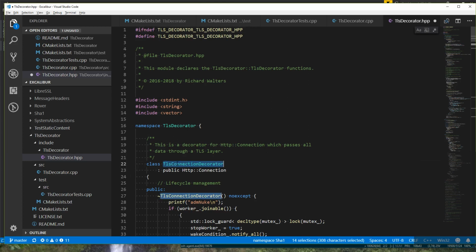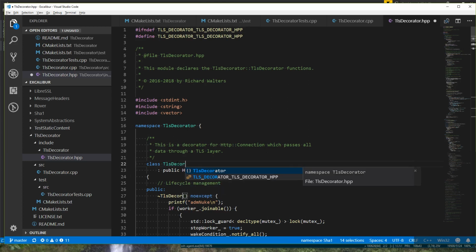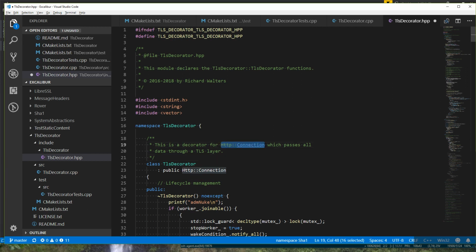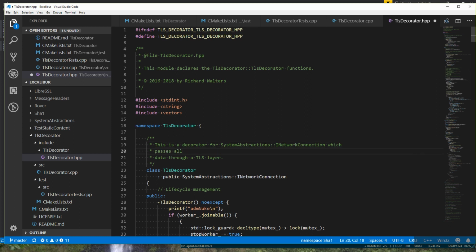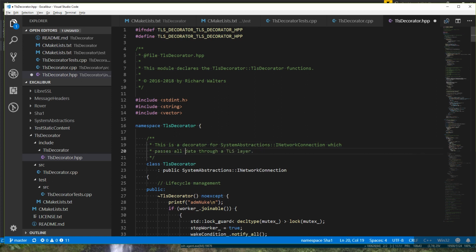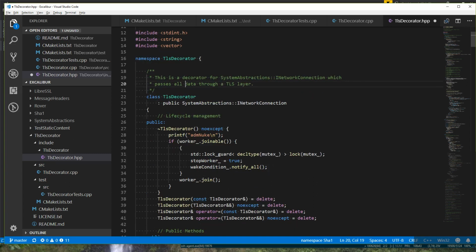And we're just going to rename it to be TLS Decorator. This is a decorator for, in this case, not this class, but System Abstractions network connection, which passes all data through a TLS layer. So all this code won't build, but